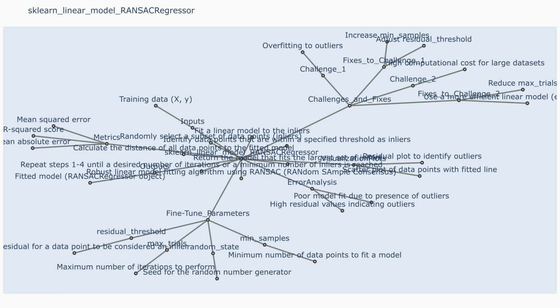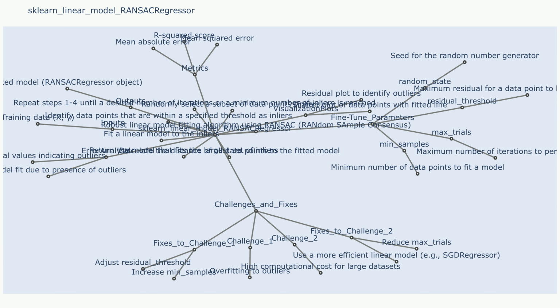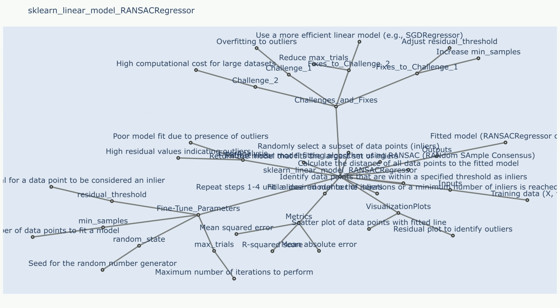Fine-tune parameters: min samples, the minimum number of data points required to fit a model. Residual threshold, the maximum error allowed for a data point to be considered an inlier. Max trials, the maximum number of iterations to perform. Random state, the seed for the random number generator. Uncertainty methods: bootstrap, resampling the data with replacement to estimate the uncertainty in the fitted coefficients and predictions. Bayesian inference, using a probabilistic model to estimate the uncertainty in the fitted